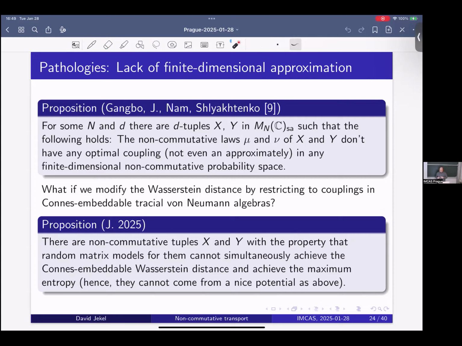The reason for this is ultimately that when you take random matrix models from some potential V, and the V is not necessarily convex, then it's not necessarily true that the marginals of this will have the same form. And this is really what breaks, because somehow,